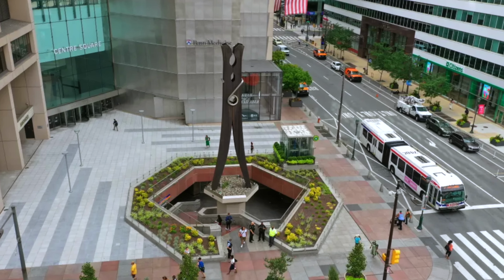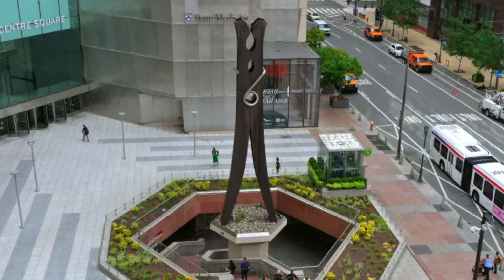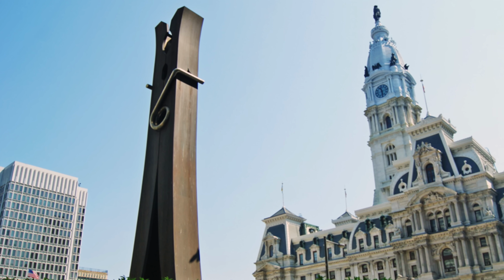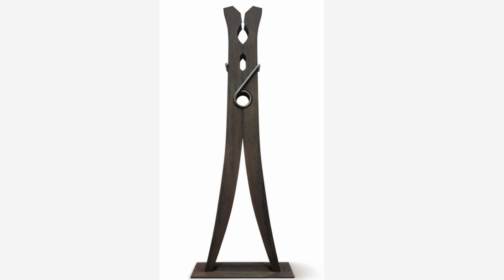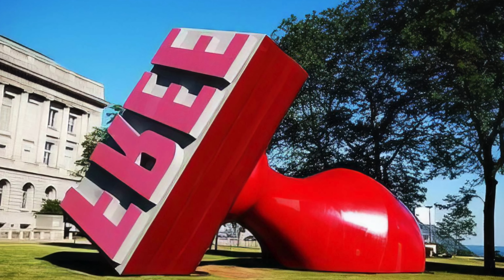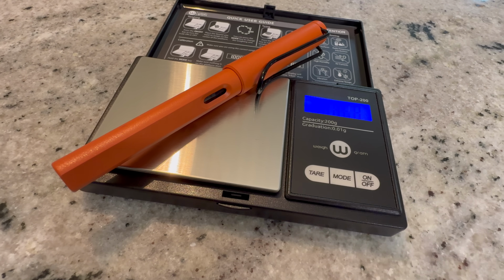It is a giant clothespin that's just a small object made large. Or is it something soaring and far more elegant? Is it a representation of two people in an embrace? Yes, yes, and yes. Well, if we consider the transcendent whimsy of Claes Oldenburg, let's look at the Lamy Safari